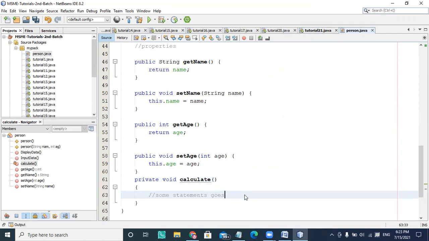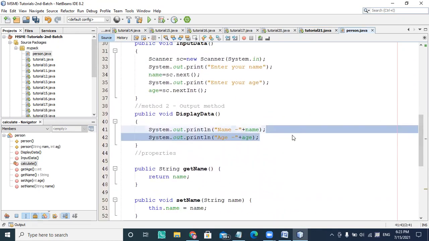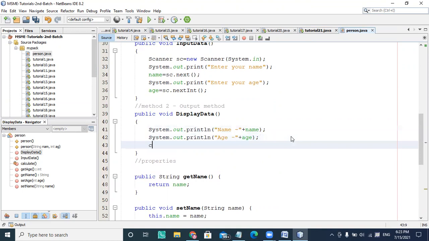So if I write System.out.print, I get the message "called from calculate method". This calculate method is getting called by displayData here.